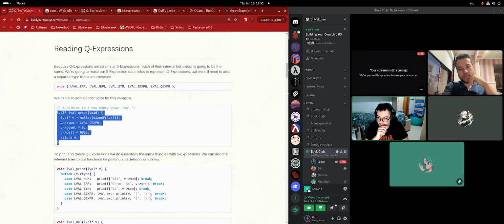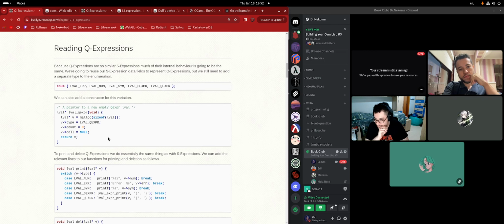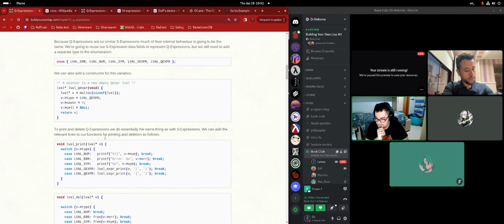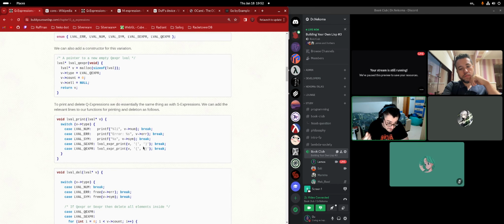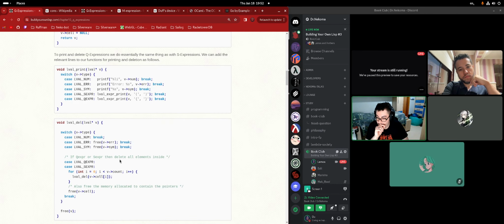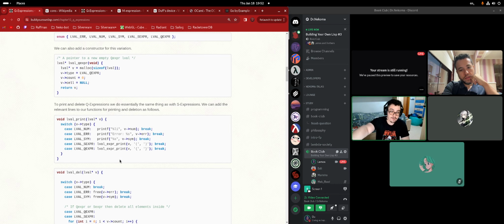Then we make the constructor of a Q expression, which is basically the same thing as an S expression. We need to be able to print those things, so we just add a new case to the switch case. And what Marinho said before, about we had another print function that calls this one, and they are mutually recursive, but you don't need to care about the other one, and that's cool, because the other one is kind of generic in the sense of parsing lists.